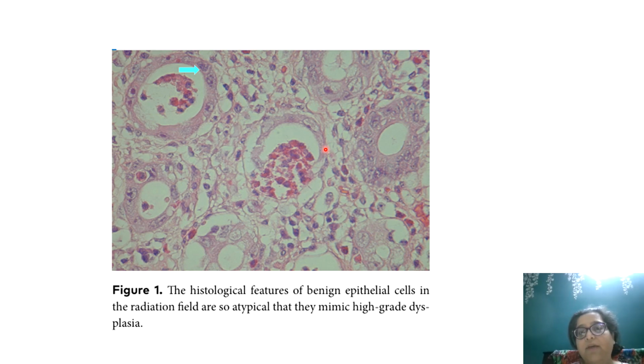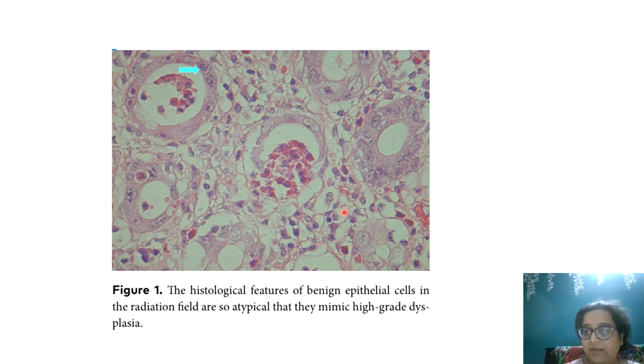So if you don't have the history, you might call it, see there's eosinophilic cryptitis, so you might call it maybe a long-standing active IBD with high-grade dysplasia. But here I want to show you the pleomorphism in every biopsy. You do not need to label it directly as a dysplasia. Go back to the history. This is nothing but radiation-induced changes. And this is quite common after the treatment of colorectal carcinomas through radiation and chemo. So this is just benign epithelial cells and radiation effect.